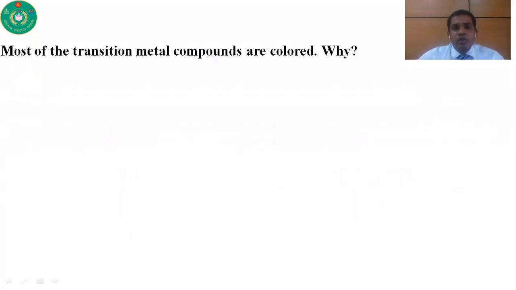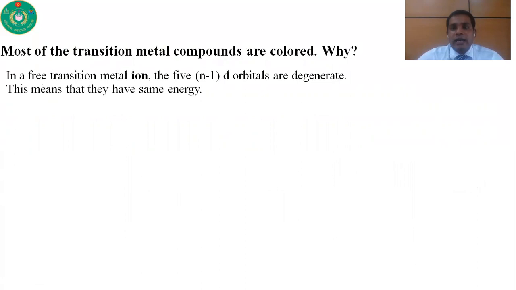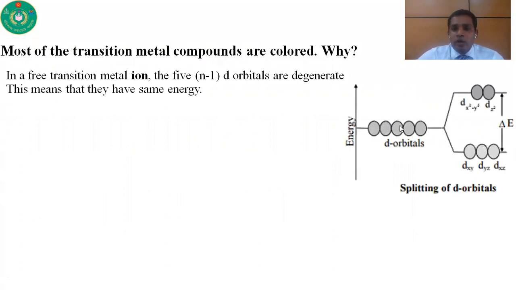Now, most of the transition metal compounds are colored. Why? In a free transition metal ion, the 5 d orbitals are degenerate. What is degenerate? That means all d orbitals have the same energy. But